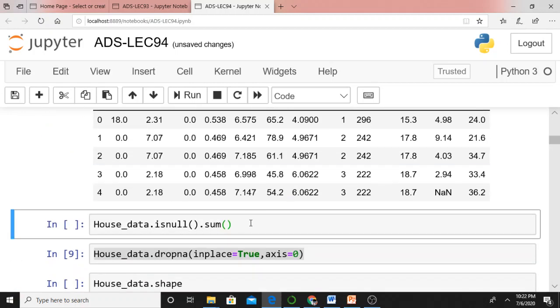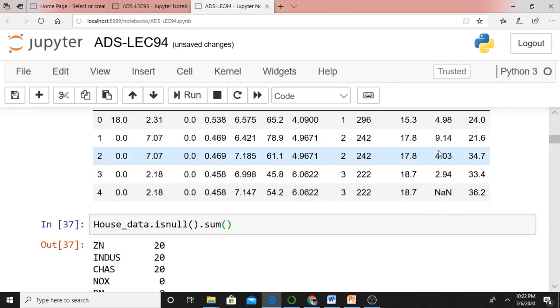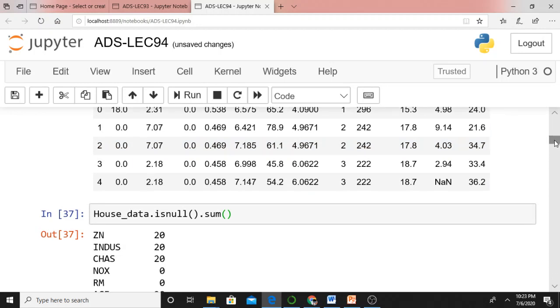House_data.isnull().sum(). We have spent a lot of time on isnull().sum() in my previous lectures. This data set contains a few missing fields. If you invoke isnull().sum(), you will see that certain fields are missing.